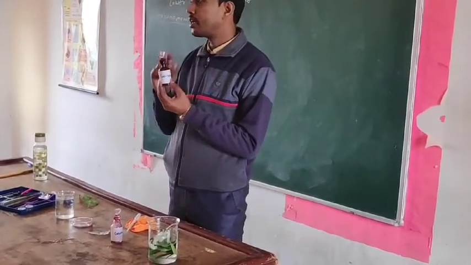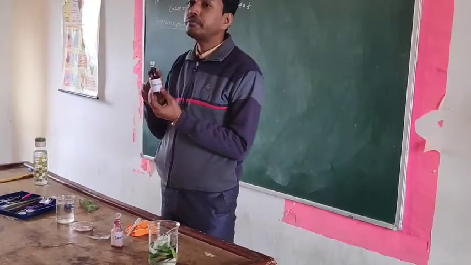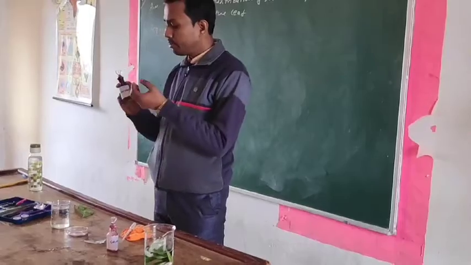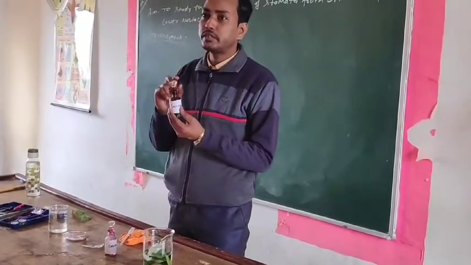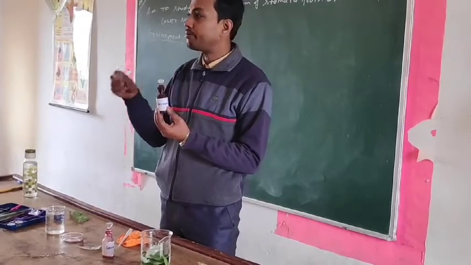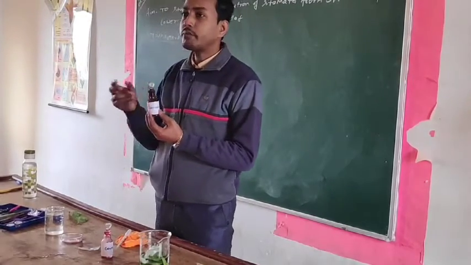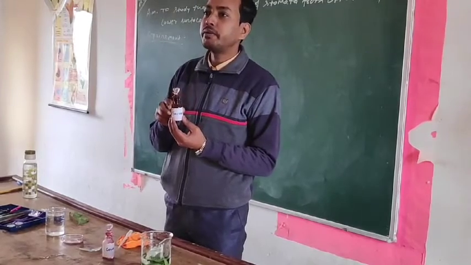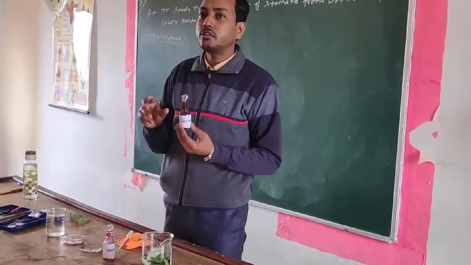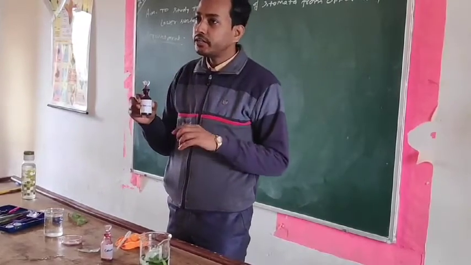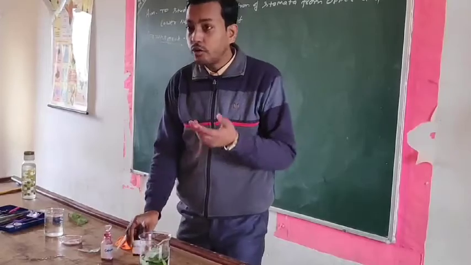This is a color. That color in biology is known as a pigment. Pigments are a type of color in biology. We use the term pigments, but it is actually color. And why do we use safranin apart from normal color? Because normal color cannot stain the cell, while safranin has the ability to penetrate between the cells in order to color them. So we use safranin rather than normal color. That is the holy color.